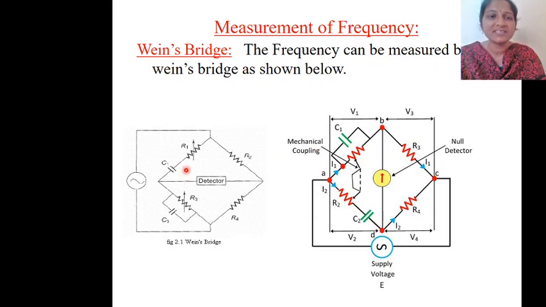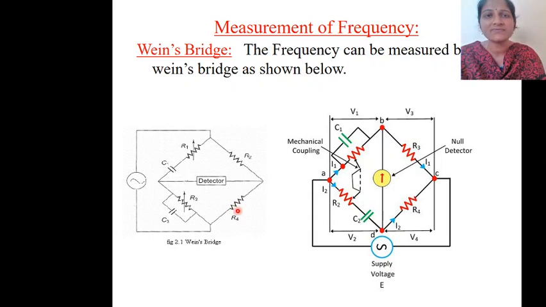So when these are in series, then it is used for the measurement of capacitance. This is used for measurement of frequency. So this is Wien's series bridge and this is the Wien's parallel bridge. In the Wien's series bridge, now consider this is the Z1. Z1 is equal to R1 plus 1 by j omega C1. Z2 is equal to R2. Z3 is equal to R3 parallel 1 by j omega C3. And Z4 is equal to R4.